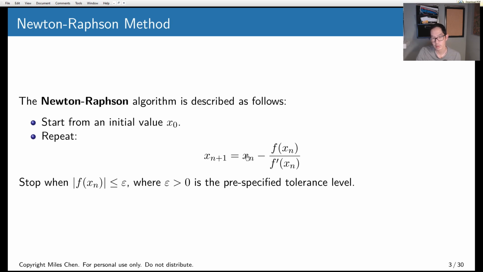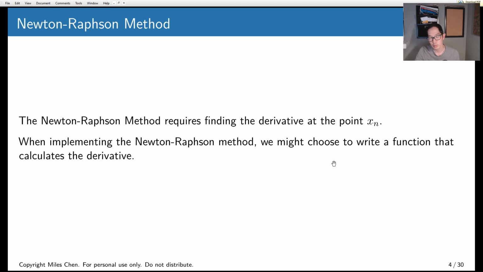So if this is our current value, x at time n, then we find the next value by taking our current value and subtracting off the length of the run, which is found by taking the rise, f of xn, divided by the slope, which is f prime of xn. But that required us to find the derivative at point xn. And this could lead us to some issues where maybe we have trouble figuring out a function that's going to calculate